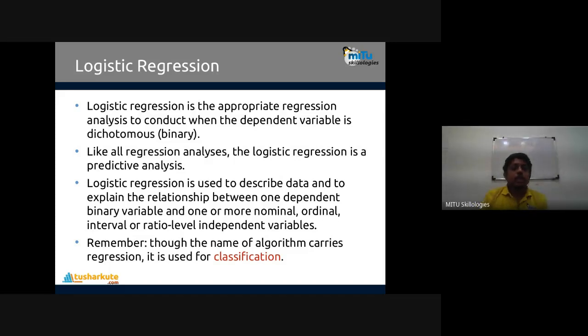It is used to describe the data and to explain the relationship between one dependent binary variable and one or more nominal, ordinal, interval, or ratio level independent variables, so the input variable can be of any type. Remember one important thing: though the name carries regression, this algorithm is used for classification.